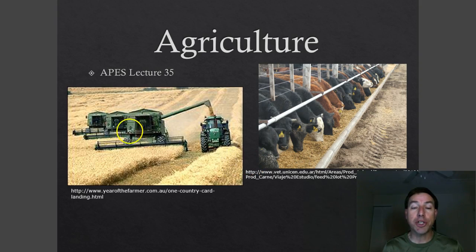We have large machines, combines, several of them at the same time. We have a monoculture, which is this crop of wheat right here that is just acres and acres of the same wheat. Then we have a feedlot up here. Feedlots have large amounts of cattle, chickens, or pigs where they fatten them up using all kinds of different feeds as well as hormones, and then they are sent to a market.